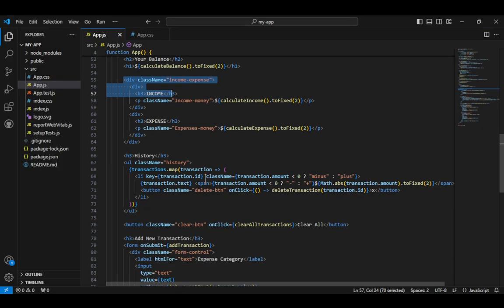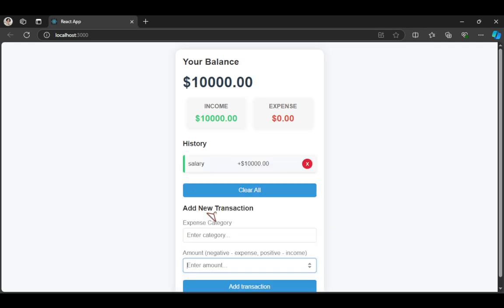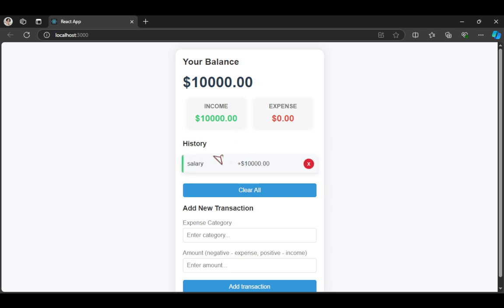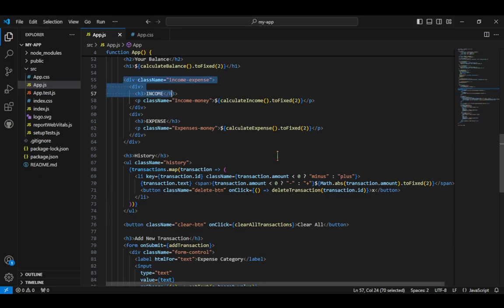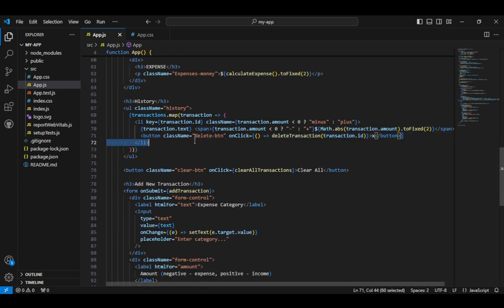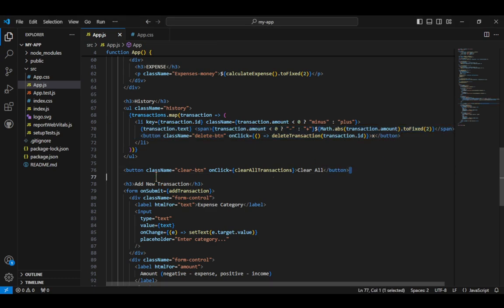So here is the history, if you add a history. So this is the history, and if I hover over this, it shows. This is the history, the transaction map. The transaction delete is on the side here.